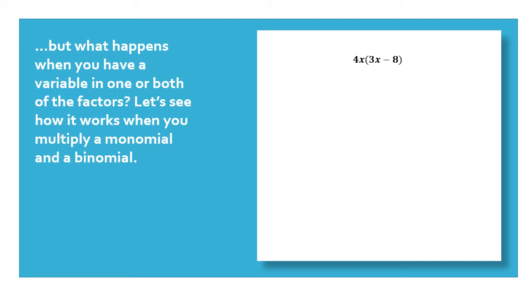But what I do know I can do is use the order of operations to take this factor out here, 4x, and multiply it by each term inside of the parentheses. Same as you all have been doing with the bell work, where there was just a number on the outside of the parentheses or a fraction. So I'm going to do first 4x